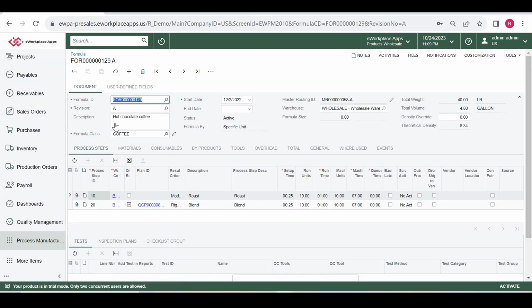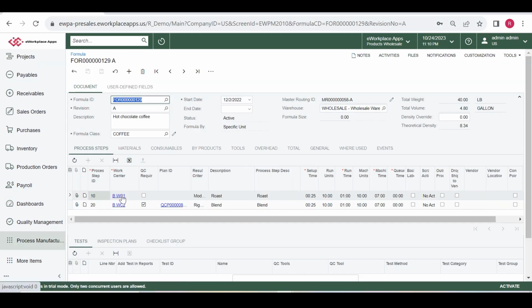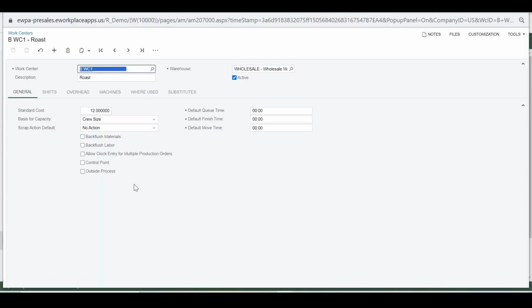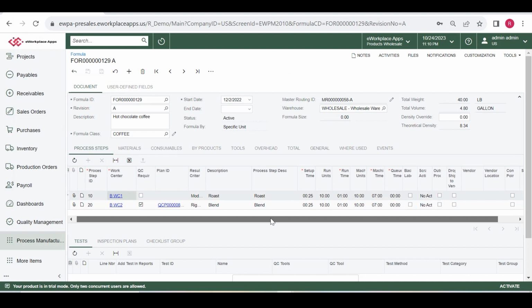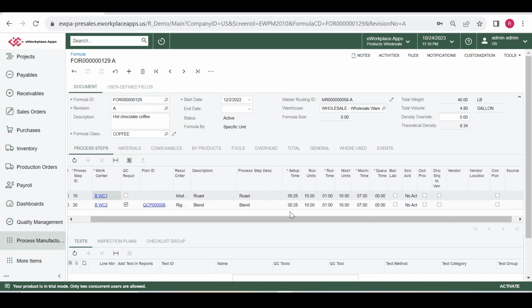Unlike many process manufacturing solutions, the Acumatica solution supports routing. How is the item produced from a process aspect? It starts with a work center that holds details related to cost, shifts, overhead, etc. For each step, the user can denote setup time, run times, and other details needed for costing or capacity planning purposes. If you do not want to record labor, but need labor as part of your cost, you will use